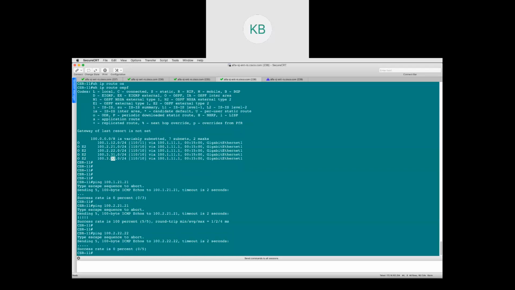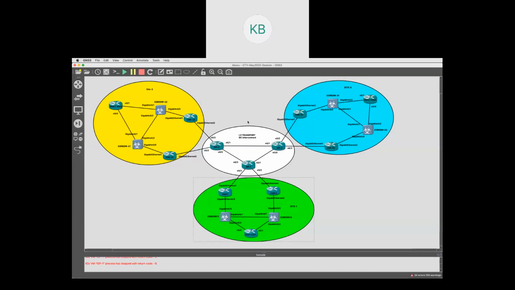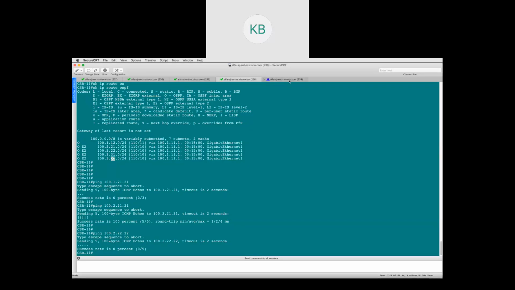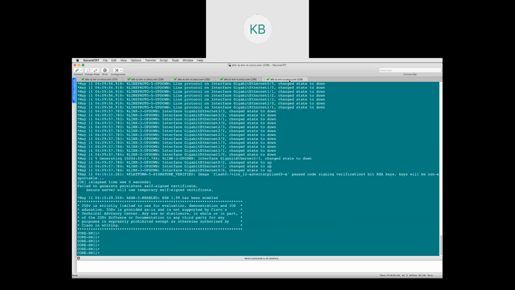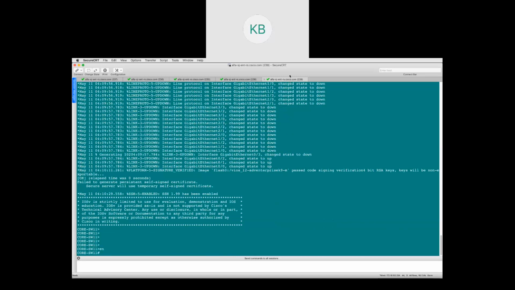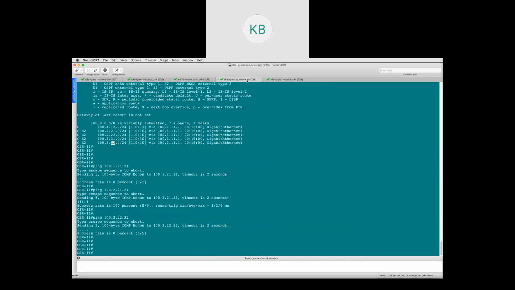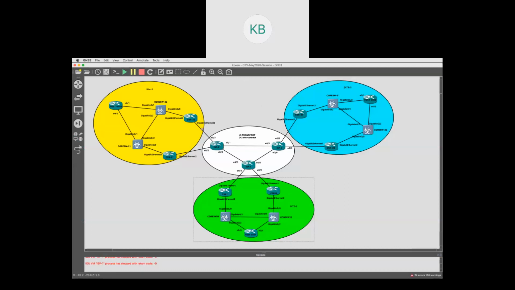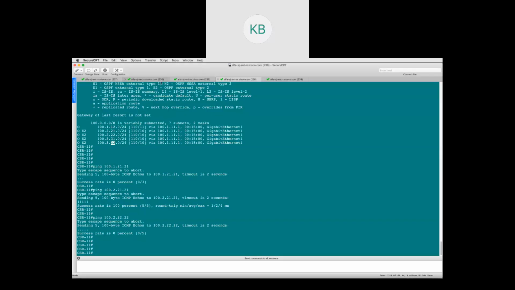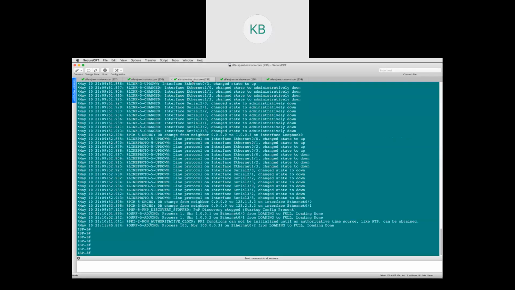Okay, let me make sure. I think maybe it is not configured. Okay, let me do this. I think CSR12 is not configured yet. Let me just confirm that. We will go to CSR. Let me make sure that